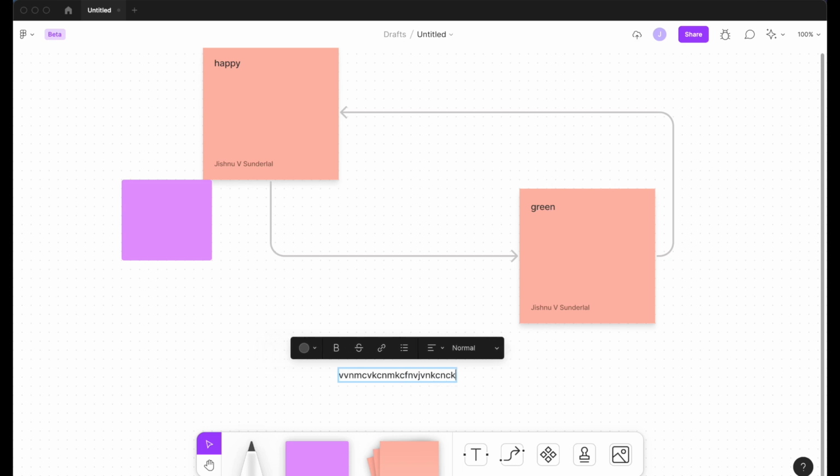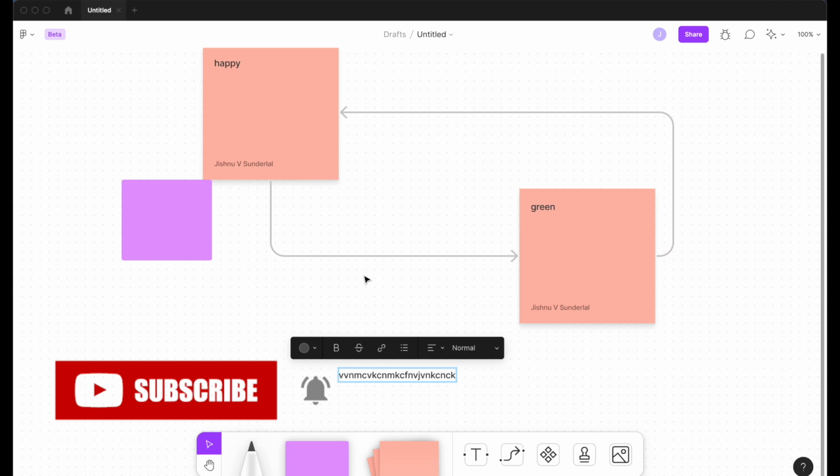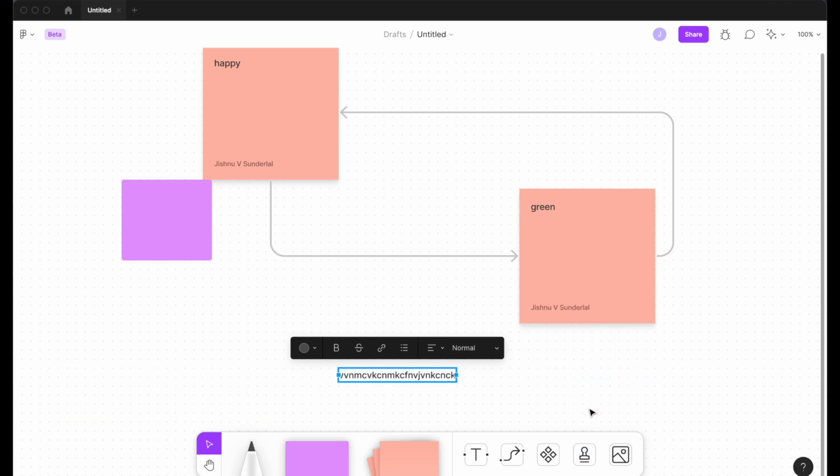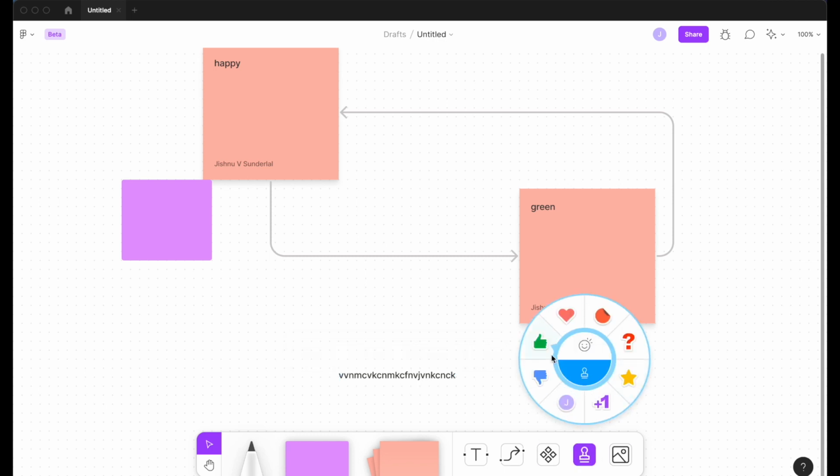You have stamps, you can add the stamps that you want. Here you can see the stamps are just loading. My network is a little bit slow today. Okay, it's loaded. Here you can see the smileys.